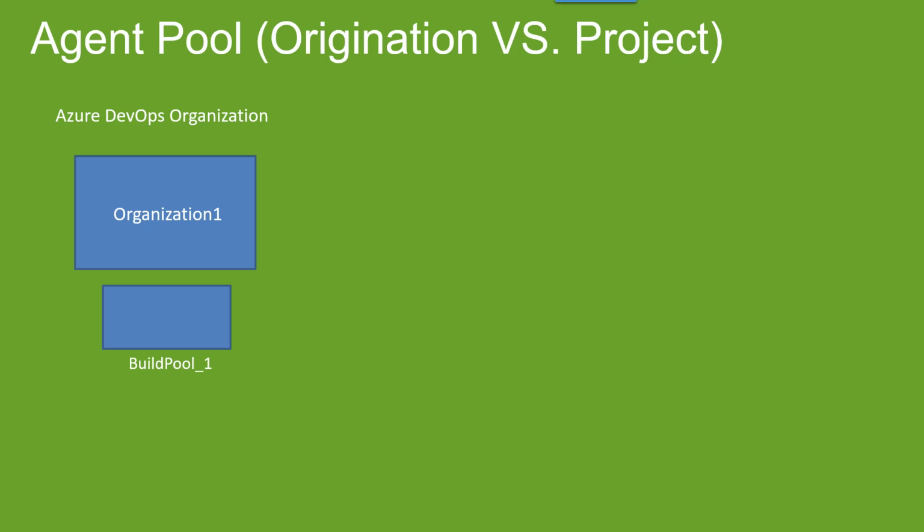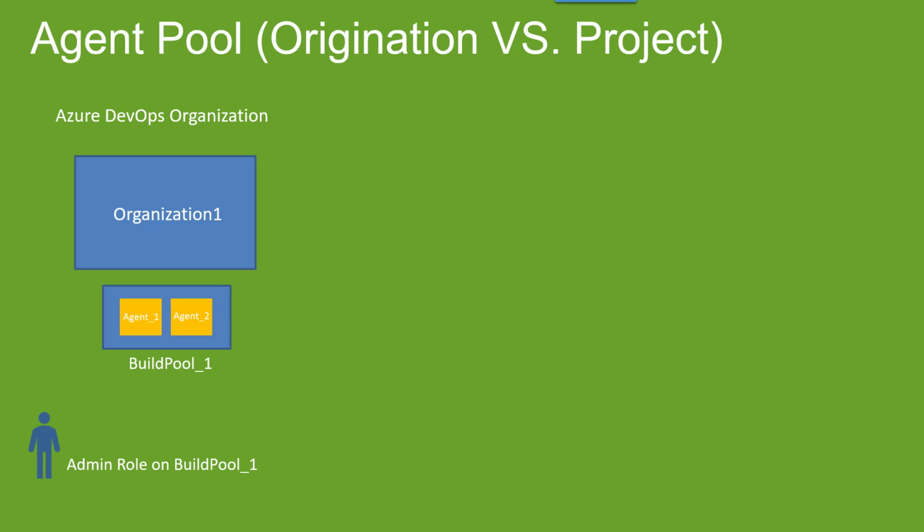Once I have created it on the organization, then I can install agent one, agent 2 on this agent pool. To install this agent, I need to be in an admin role on the build pool 1. So I just need to be an organization admin or a member of the admin role on this build pool